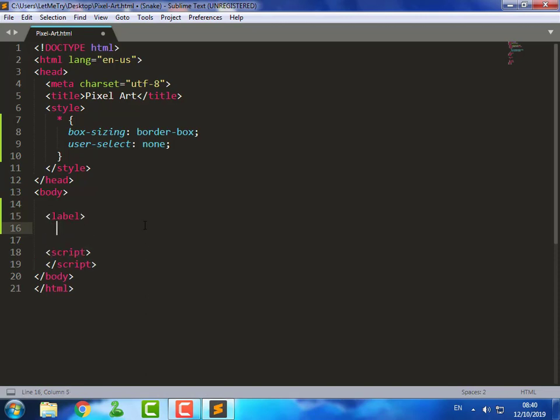Let's start by adding two labels. One for the width and the other for the height, and two inputs of type numbers.